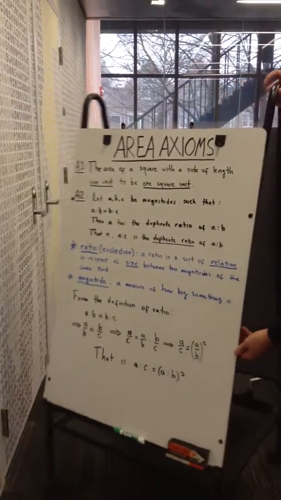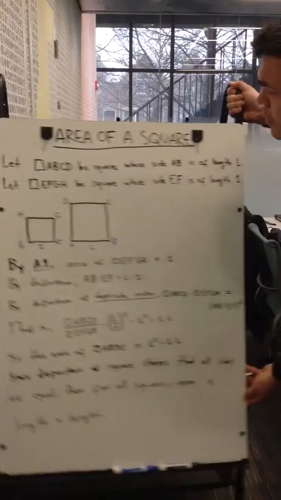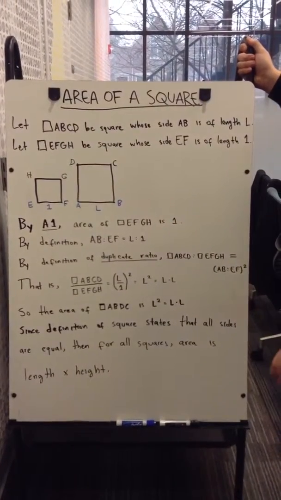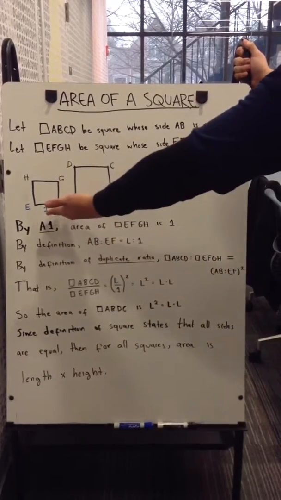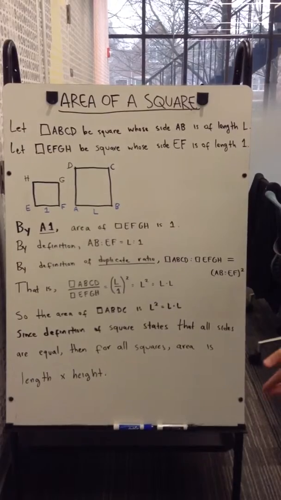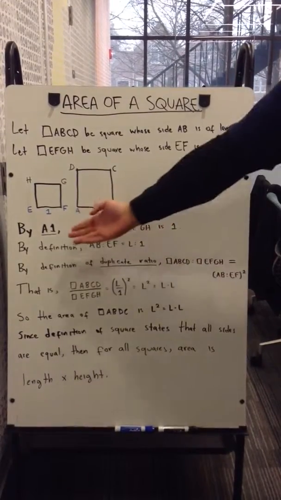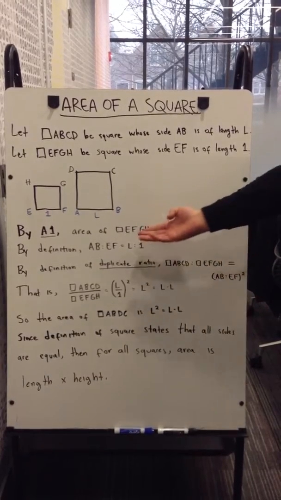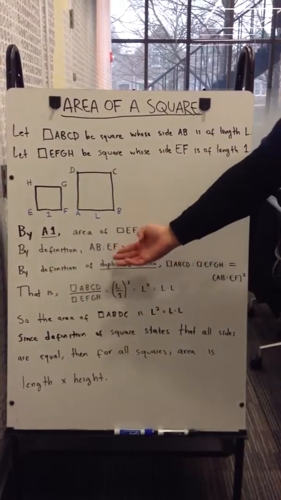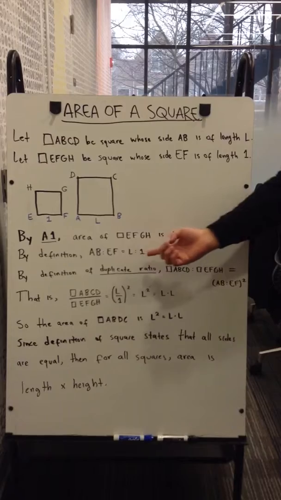So I'm going to turn this over. So we let two squares, ABCD and square EFGH. The side unit for the EFGH is 1, and for ABCD is, we can call it L. By axiom 1, the area of EFGH is 1. By definition, we can claim there's a ratio between these two squares such that L is